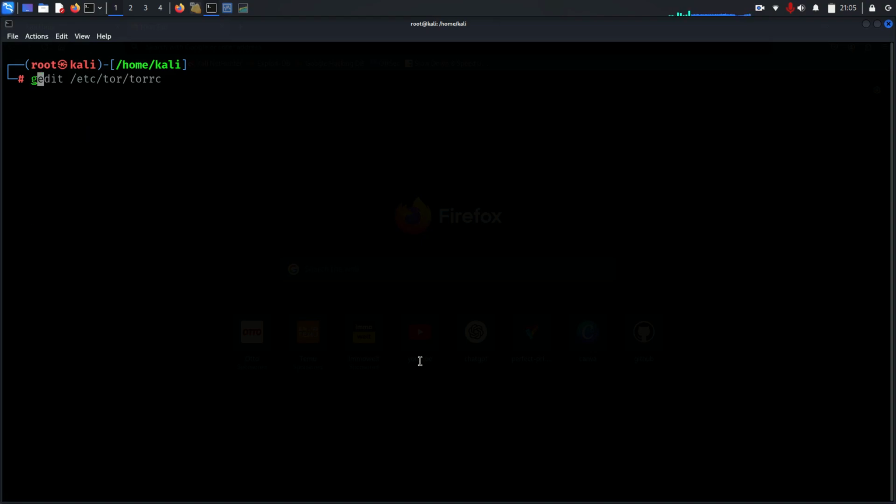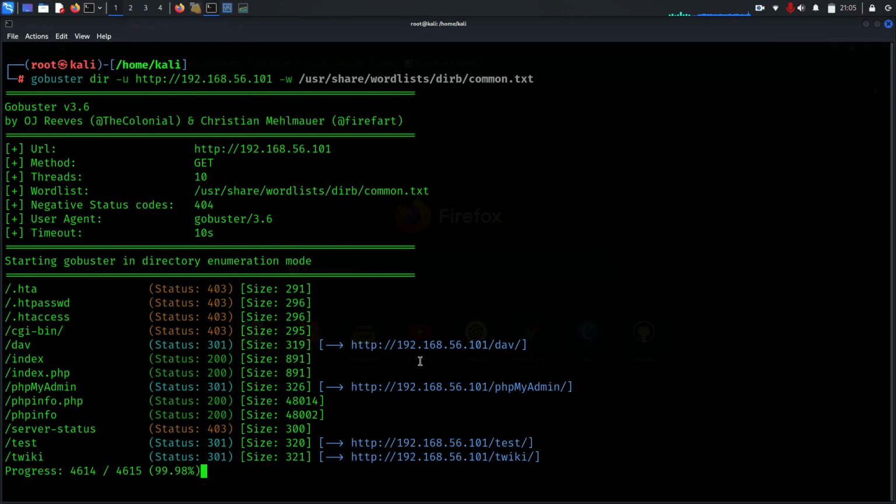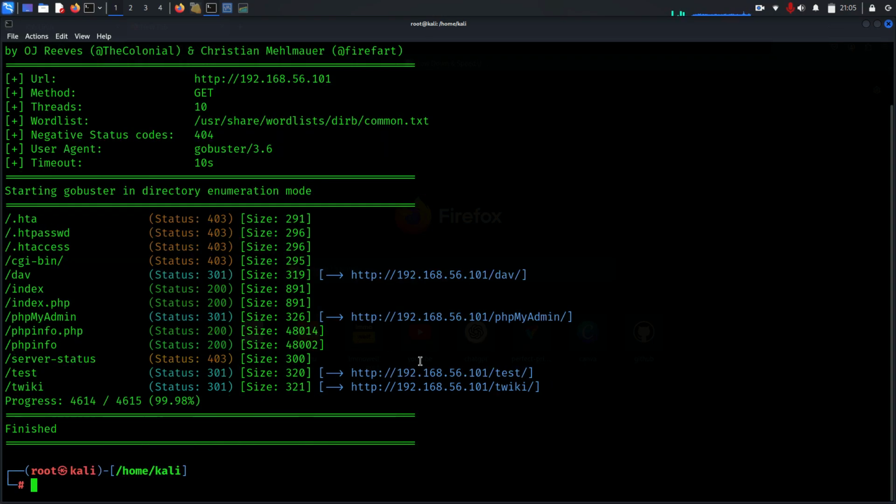Okay, this is a part. Let's dive into our topic. Our tool is Gobuster. Dash u represents the URL, the target URL. So http, this is my Metasploitable 2 machine IP address, 192.168.56.101. Actually, let's do the simple scan like last time, that I showed you in another video, the introduction to fuzzing video. This is the command that we used last time, but here this is advanced fuzzing